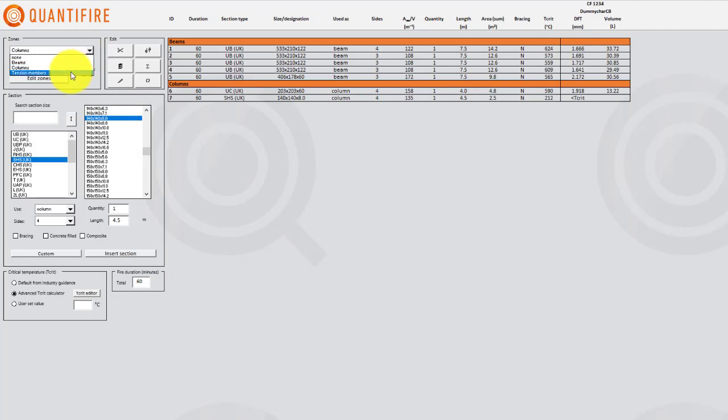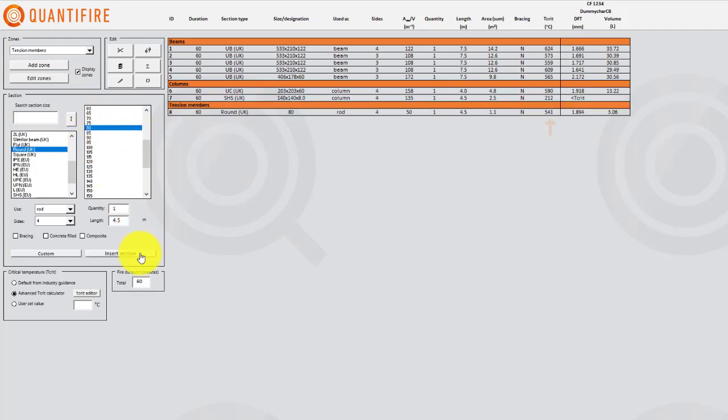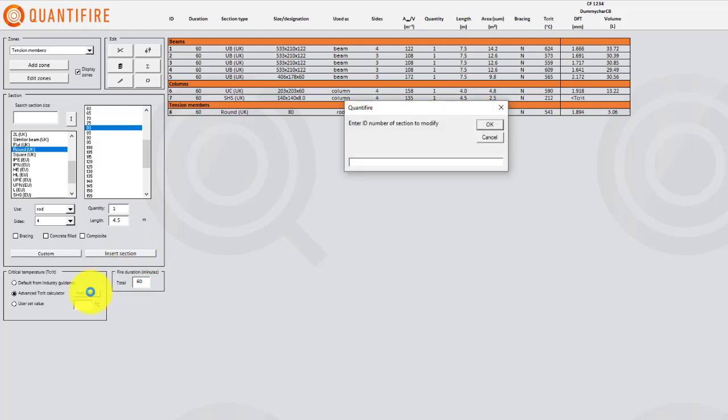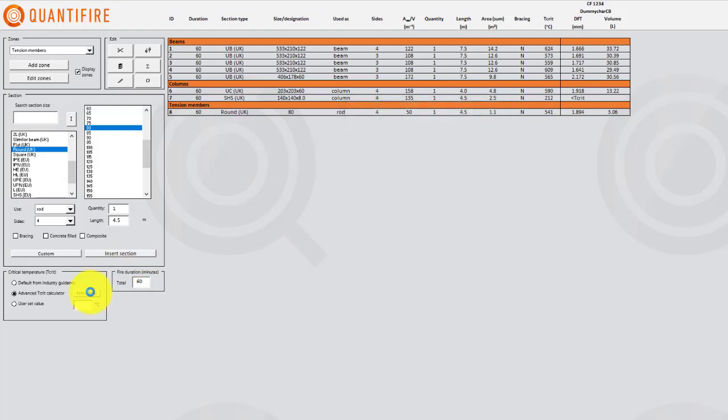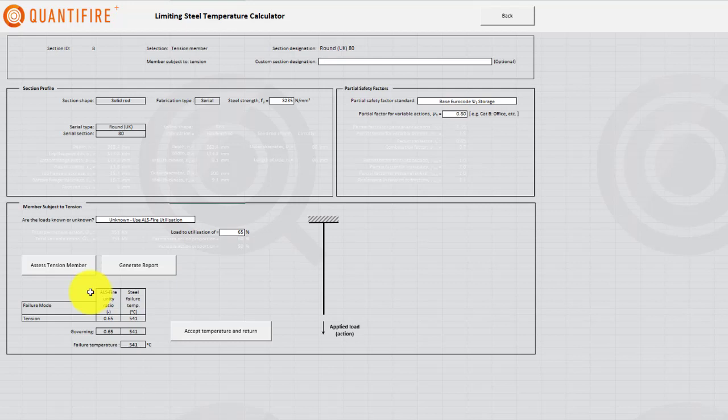Now let's consider a tension member. We'll insert a round rod with a diameter of 80 mm. The temperature with the default settings gives 541 degrees Celsius. Members subject to tensile loading are relatively straightforward. Their critical temperature is purely a function of the load applied, which can be defined in the same manner as